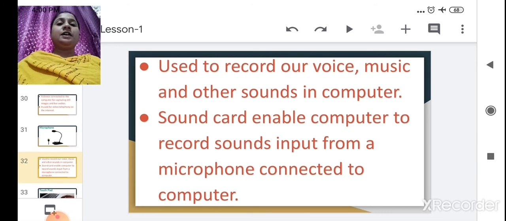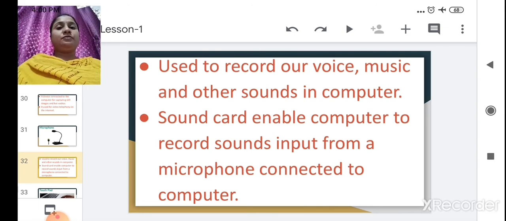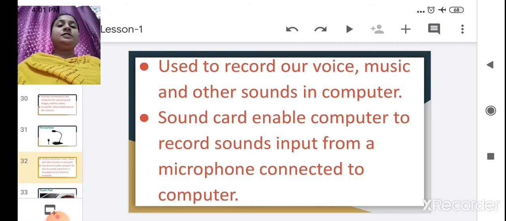With the help of the sound card. Whatever we speak, whatever we sing, any sound we record on a microphone, it will be transferred with the help of the sound card to the computer. Got it? That is how the microphone is used and how our voice is recorded in a computer.